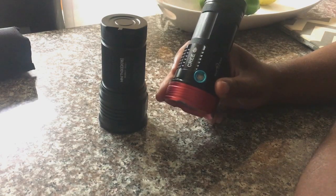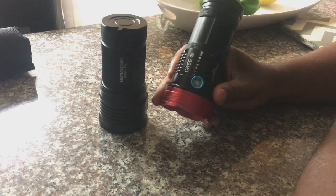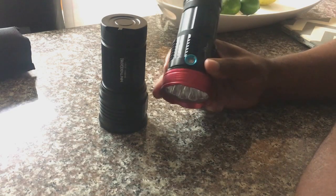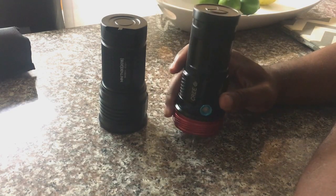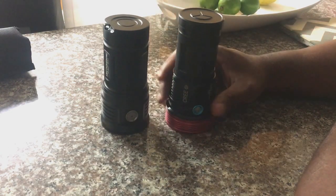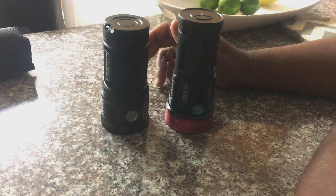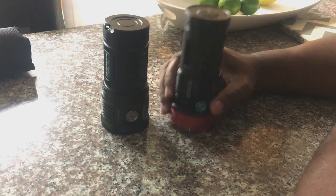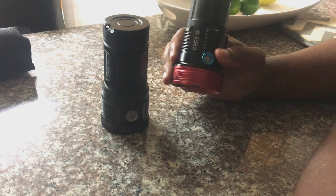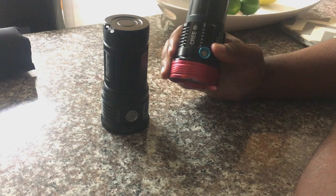Because for less than $40, for less than the price of the Shadowhawk crap X800, you can get something that really performs, really a torch in your hand. So let's go in between the apples and oranges between these two flashlights. This has three modes: low, high, and strobe. So I'm going to demonstrate to you. I'm going to go through the modes, but you're not going to really see much difference because